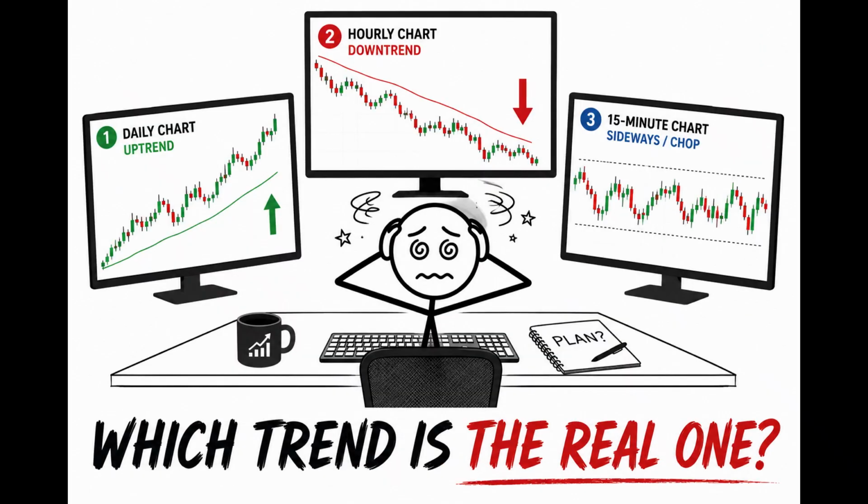Let me show you the confusion most traders face every day. Open the daily chart, it's an uptrend. Open the hourly, looks like a downtrend. Open the 15-minute, sideways. You picked the wrong one. You went short on a daily uptrend because the hourly was red. Stop loss hit. You bought a minor bounce thinking it was a new trend, stopped out again. The problem isn't the market. The problem is you don't know how trends are born. So you can't tell major from minor, and that's costing you every single week.